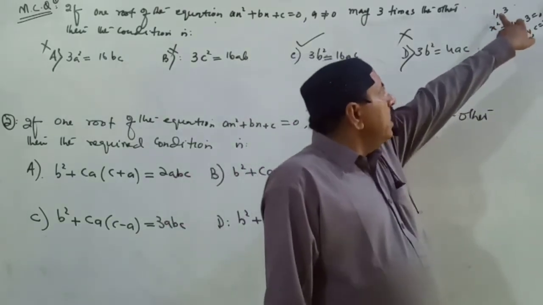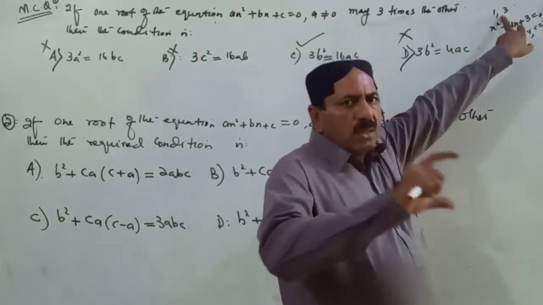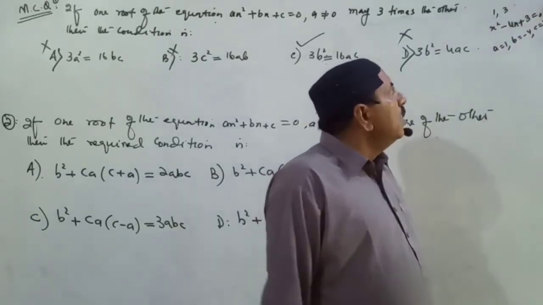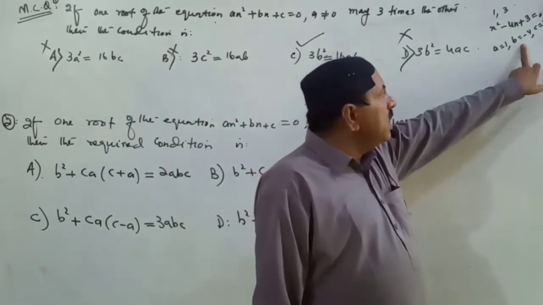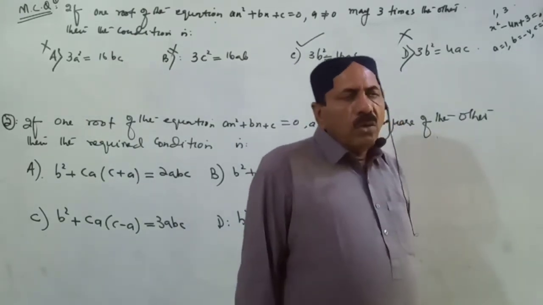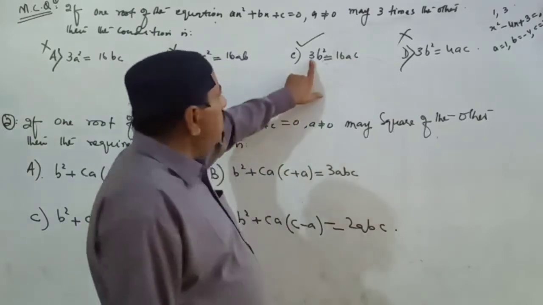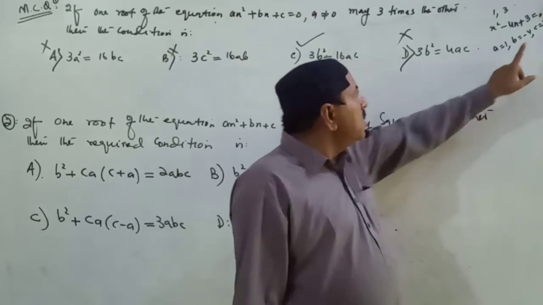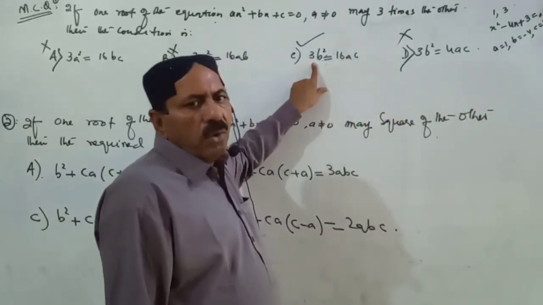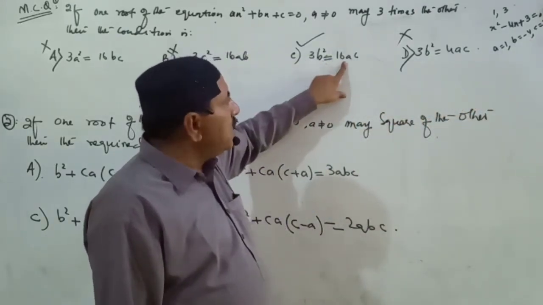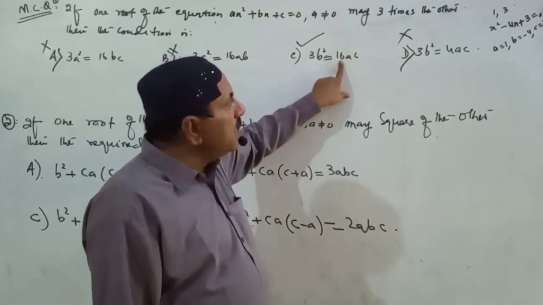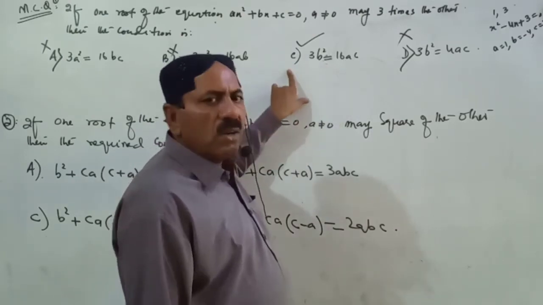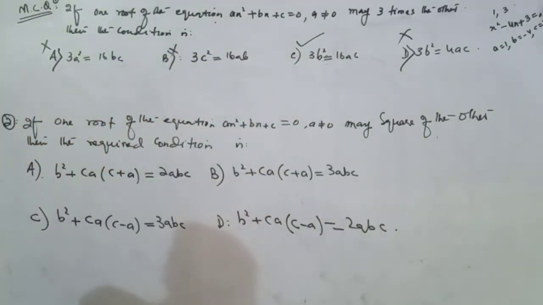So the equation will be x square minus sum of the roots, 1 and 3, 4x plus product of the roots, 1 into 3, 3, is equal to 0. Here the value of a is 1, b is -4, c is 3. So the condition: 3b square, b square means -4 square, 16, 16 into 3 is 48, is equal to 16 into a into c, 1 into 3, 16 into 3, 48. Both sides are equal, so this condition is required. This is the answer. Next is